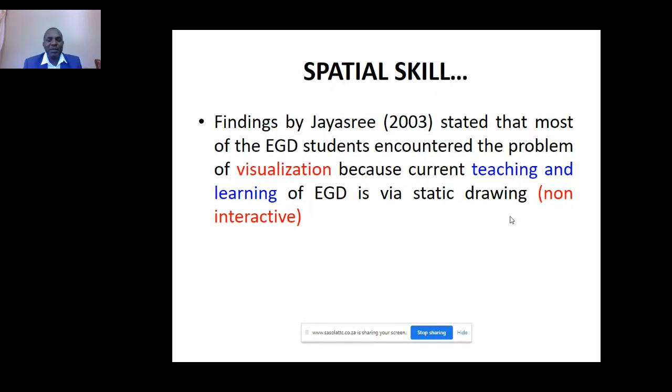We cannot remain on that particular level and teach it only that way, while we know how ICT can be used to enhance learning through teaching. So, the purpose of my presentation, colleagues, is